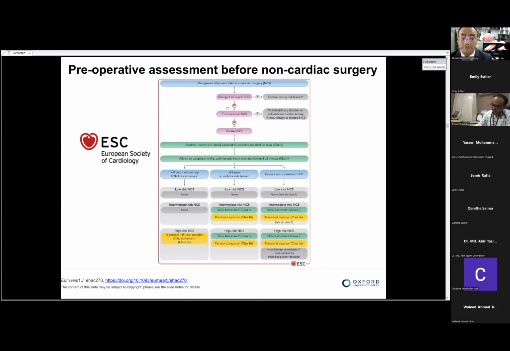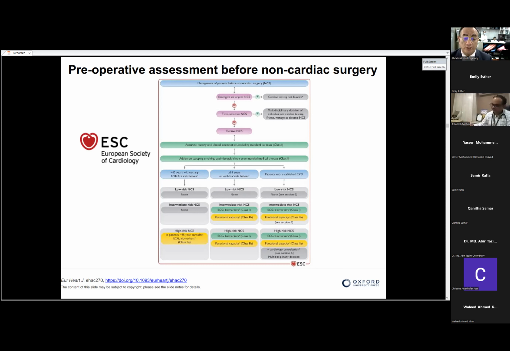And if it is time sensitive, as we mentioned, in this case, a multidisciplinary approach, including the cardiologist, the cardiac anesthesiologist and the surgeon, decides which procedure you will do first, either to go to cardiac testing or to go directly to the non-cardiac surgery. So this is the decision of the multidisciplinary team. But in elective non-cardiac surgery, we have time. You have to do clinical assessment, history taking, clinical examination, and you have to categorize the patient in the 3